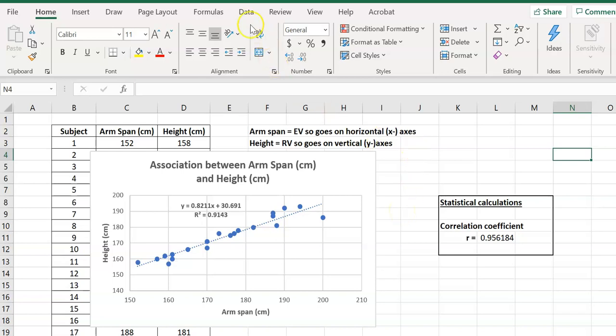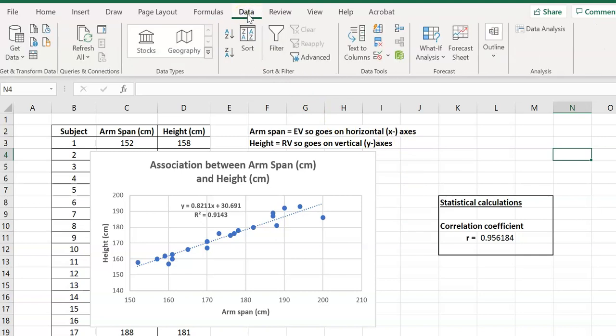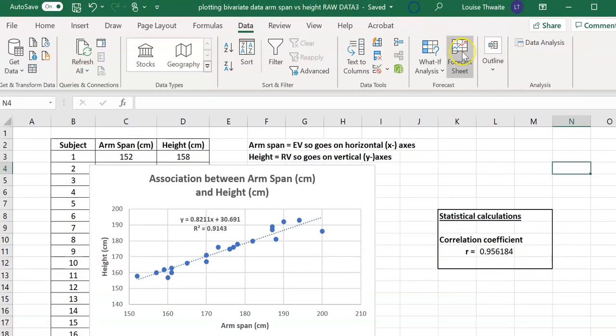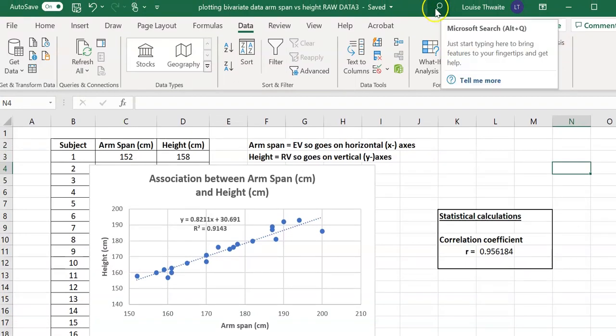Okay, so we need to access the data option, and up the top here, top right here, if you don't have this data analysis tab, what you'll need to do is add on the app that does it.